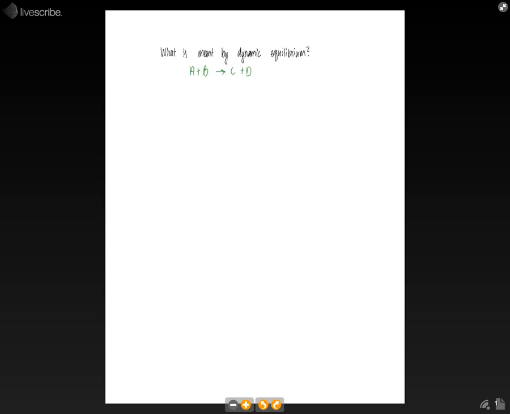And as you can see here, we used a one-way arrow, and that's commonly what we would do to denote a one-way reaction. This type of reaction can only go in the forward direction and form more products of C and D. It cannot go in the reverse direction to form more reactants of A and B. And so this is different than something that would be in dynamic equilibrium. So we would not use this notation,